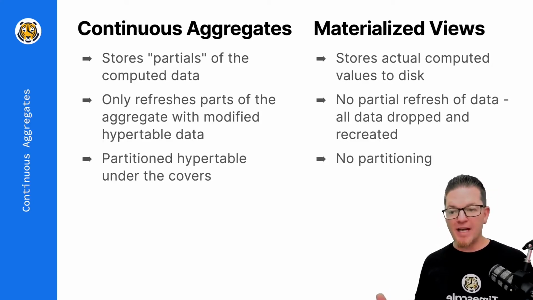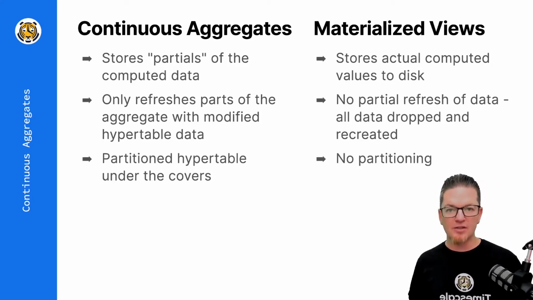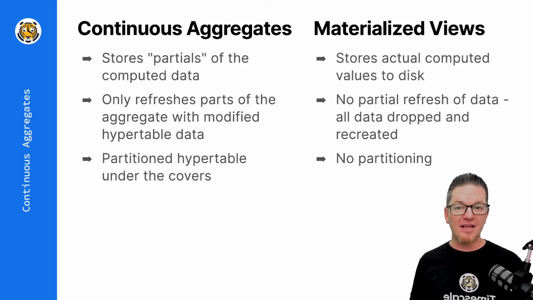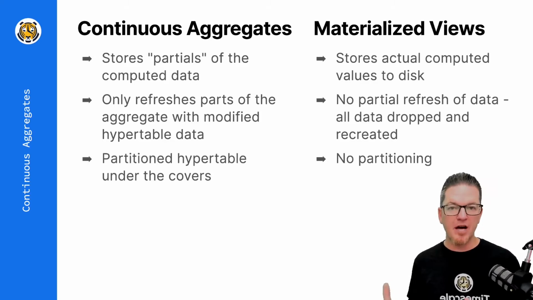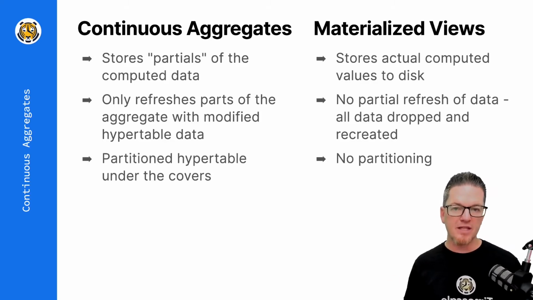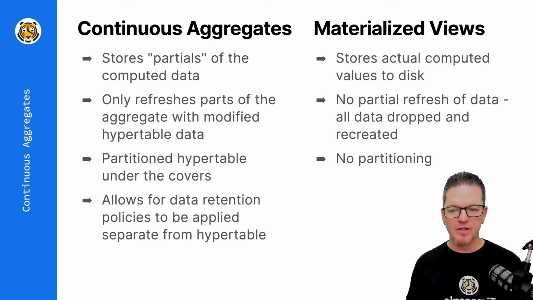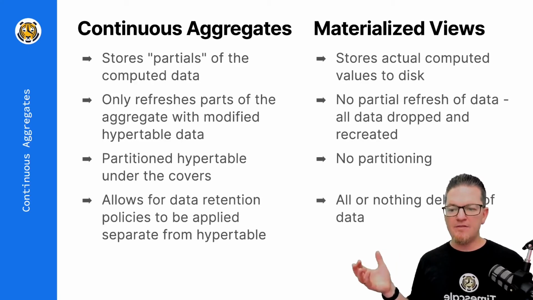Continuous aggregates also inherit the hypertable partitioning under the covers. So as your data grows, as the continuous aggregates gets bigger and bigger, we create new partitions for your data that allows us to do things like a query planning optimization to only query portions of the data that satisfy your query. And then finally,